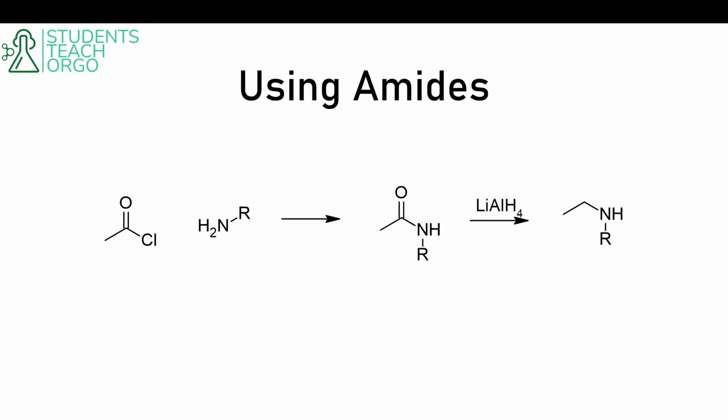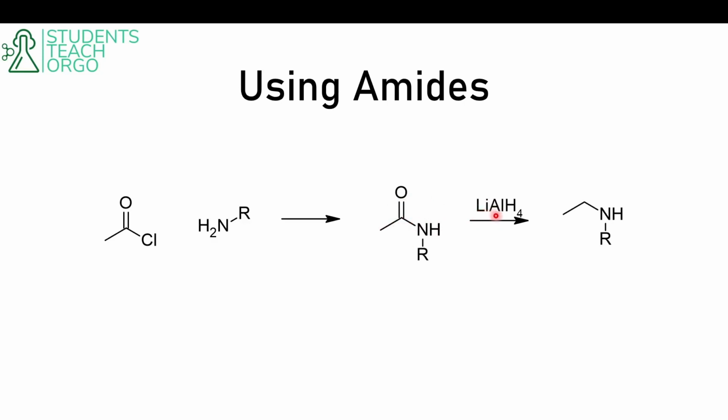One of the first ways of making secondary and tertiary amines is by using amides. Now we know that we can react an acyl chloride with an amine. In our case, we're going to do a primary amine. And then that will create this amide here, where the nitrogen bridges to this ketone and also the R group that it initially had. And then we can react this with some sort of reducing agent, typically lithium aluminum hydride,